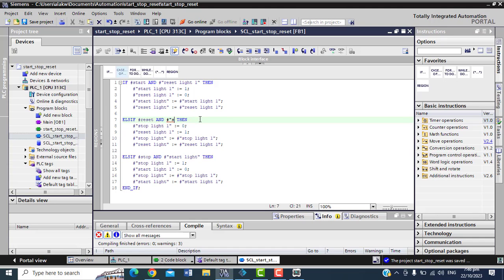Here, let me read stop light 1. Sorry. Let me read stop light 1.